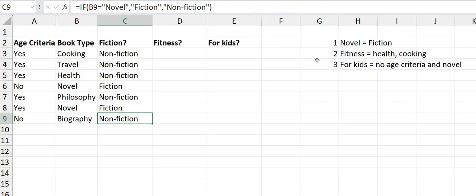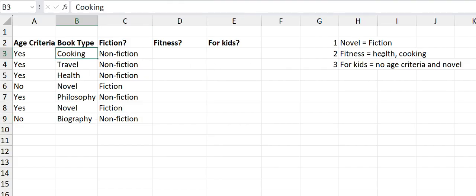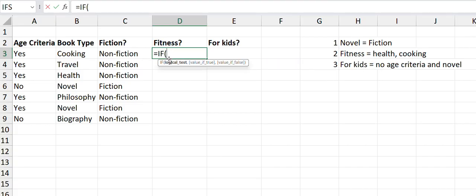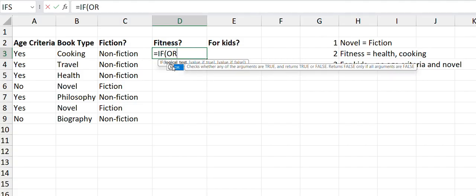Now we will take a more complicated situation. They are asking us, if it is health or if it is cooking, then mark it as fitness. Here we will be using the OR condition inside the IF statement. So write equal to IF. Now in the logical test we are saying if it is cooking or if it is health. This is an either-or condition, and we have to put both these conditions in the logical test. So to put it in the logical test, write OR